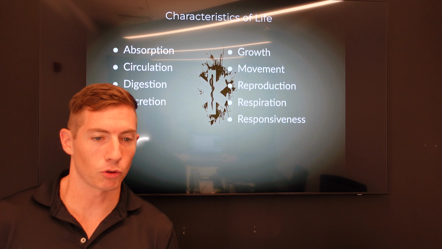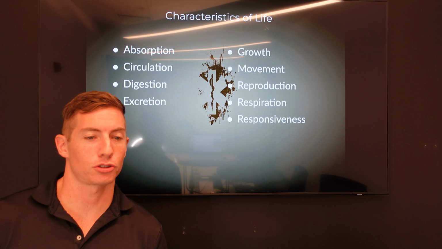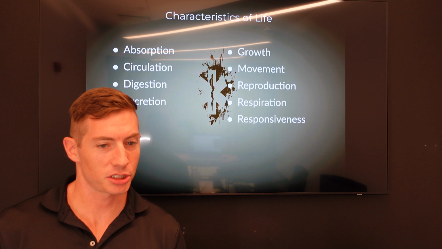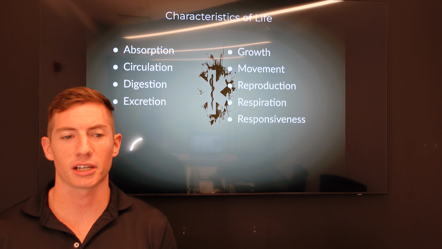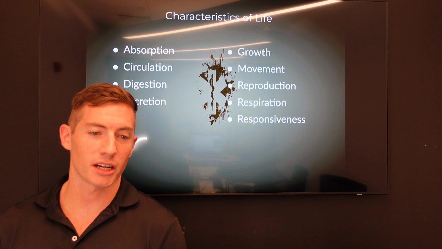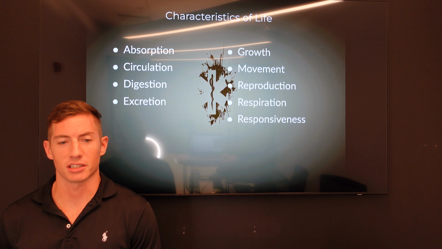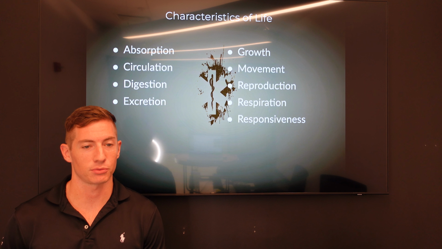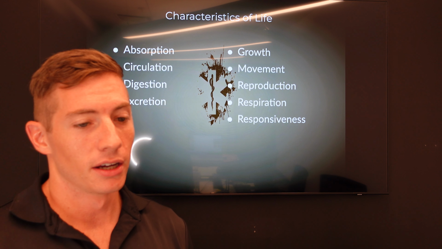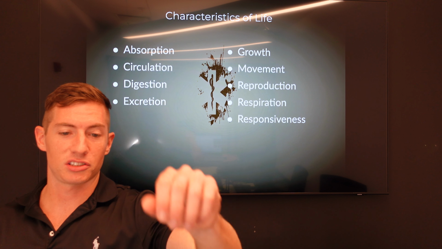Movement, the ability of organisms to move locations, change position, or move internal structures. Reproduction, the ability to create new cells, such as cellular reproduction, and the ability to create new organisms and give offspring. Respiration, the ability to use food sources in combination with oxygen to release the energy contained within the sources. Cellular respiration. Responsiveness, the ability to respond to internal and external stimuli.